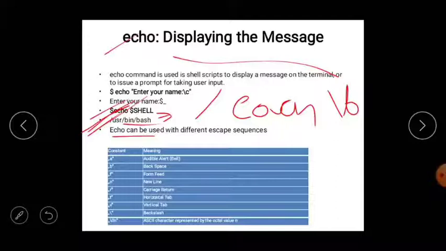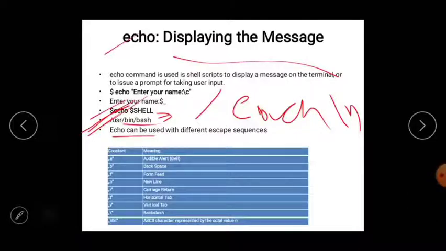Same way, echo backslash f. What is meant by f? It gives a form feed. Next, backslash n. We know why we use backslash n: we get a new line.